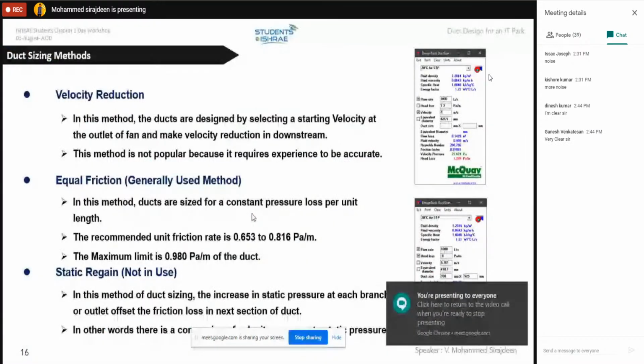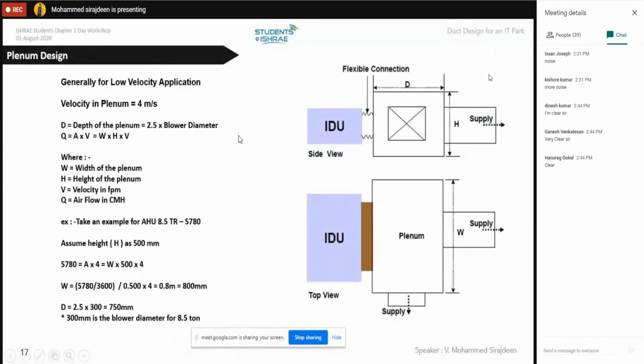Moving on to the next slide, plenum design. Why do we have to give a plenum on the AHU or ceiling suspended unit? Because the initial velocity will be high. The outlet of the AHU is designed for 12 meter per second velocity. If the 12 meter per second velocity enters our smaller duct, which we have designed for 7 meter per second velocity,